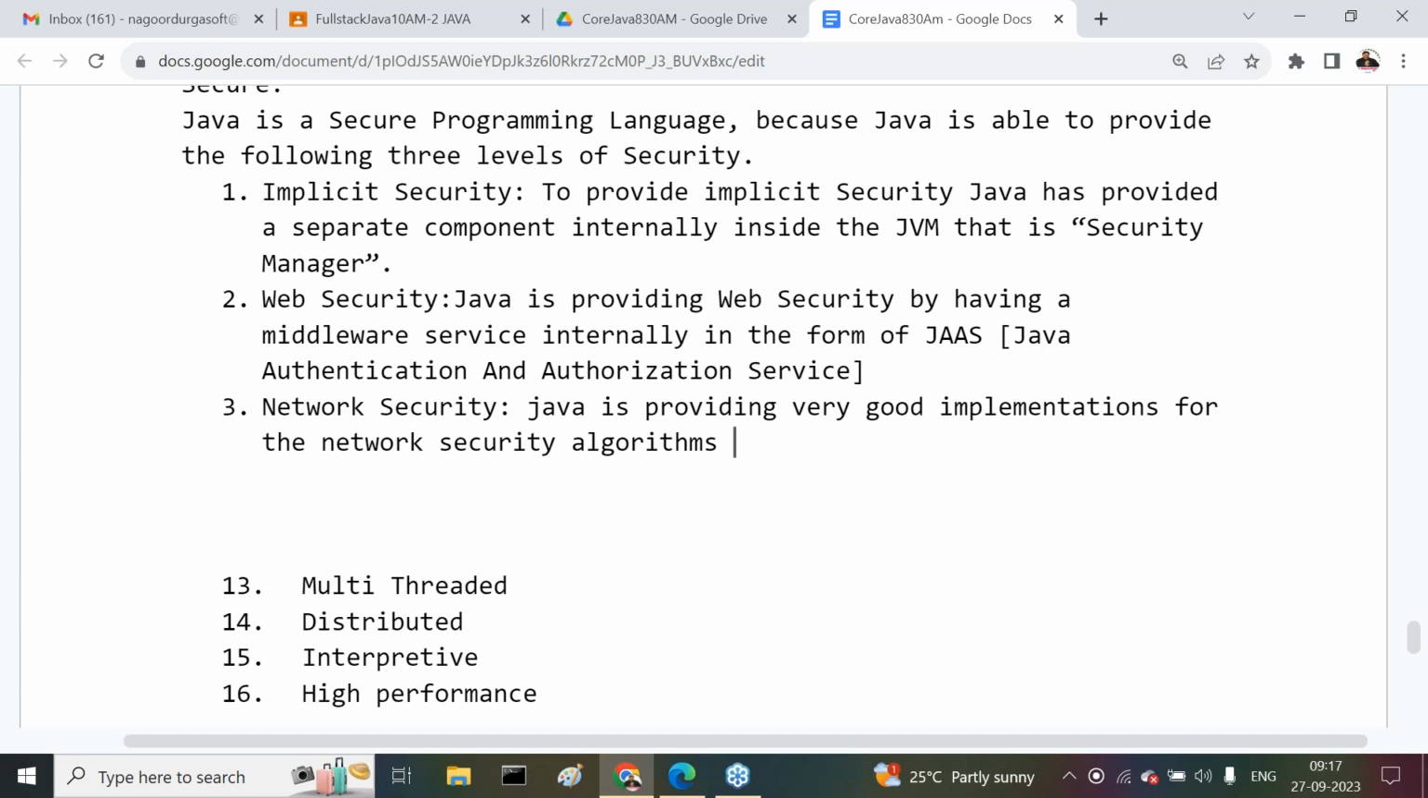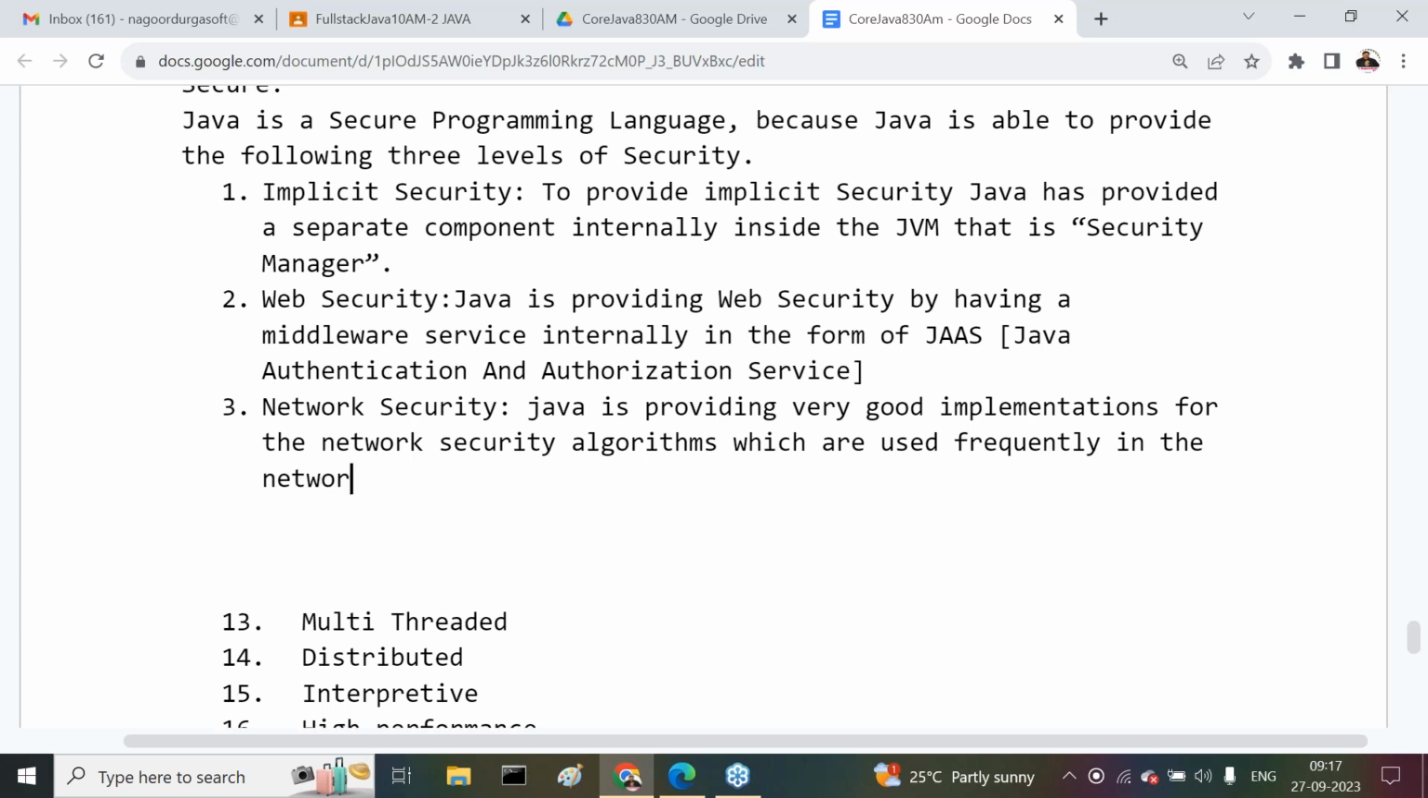Java is providing very good implementations for the network security algorithms which are used frequently in network applications. Because of that reason, Java is providing very good network security. Yeah, definitely, because of these three reasons, Java is